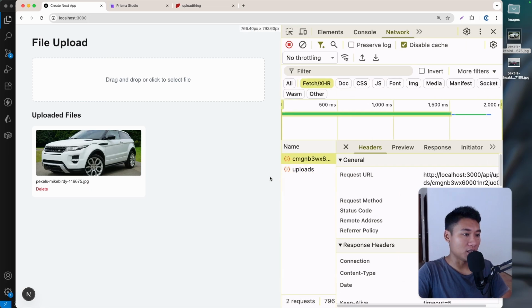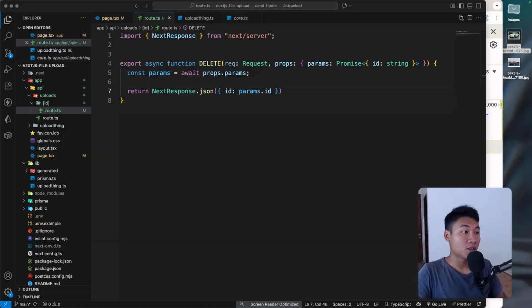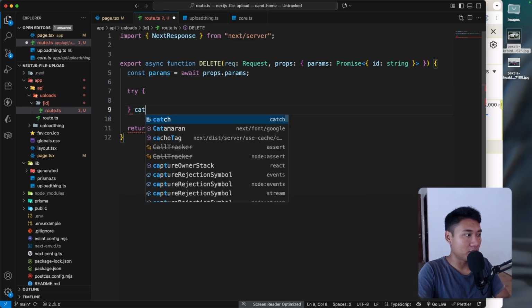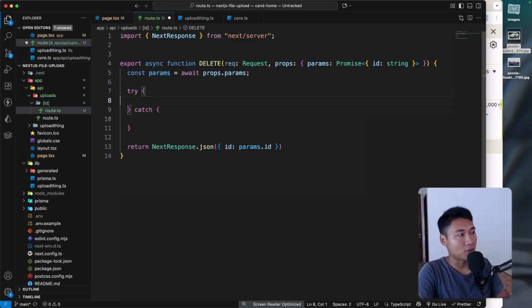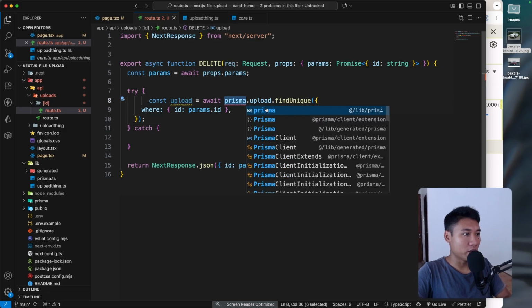So as you can see here in the response, we have the ID equals to the ID. So this is basically the ID that we send. So now what we have to do is just find the right ID in the database. So I'm going to run that in a try and catch in here. And inside the try, let's try to run this right here, right? We await for the